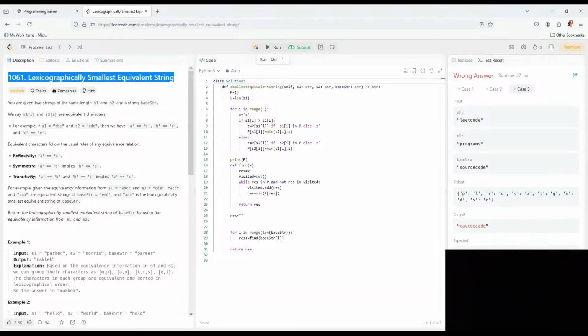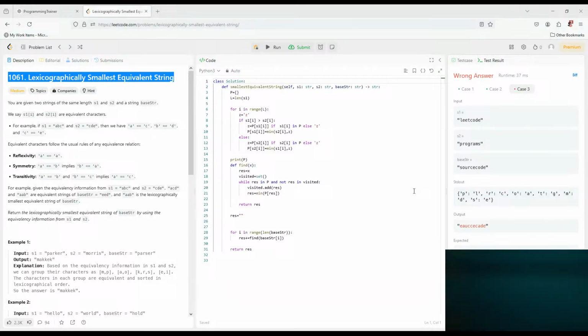Okay, it's part 2 of lexicographically smallest equivalent string, and you can see I'm stuck with this because there are more complex connections here. For example, my code cannot pick up the replacement of